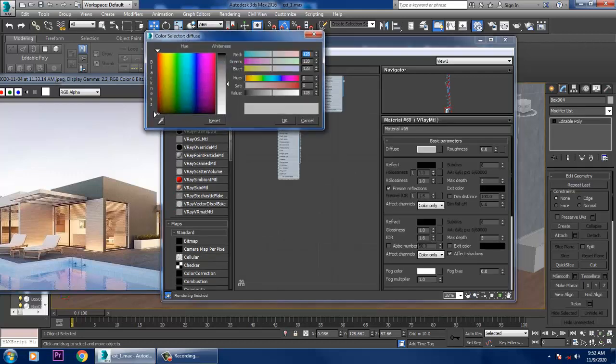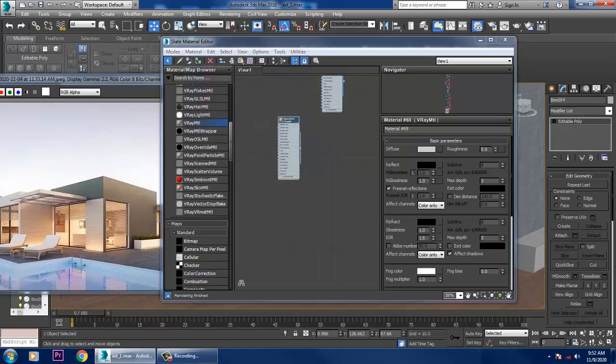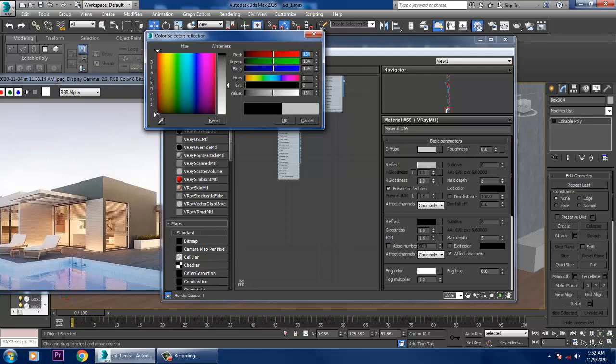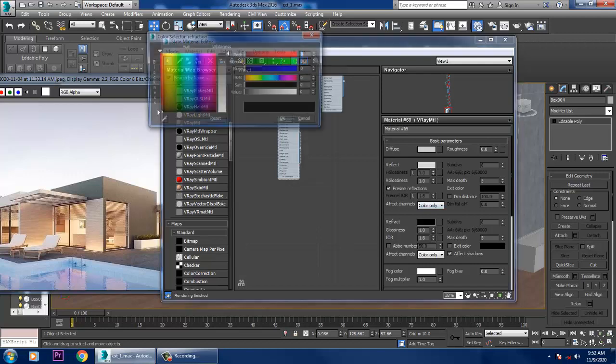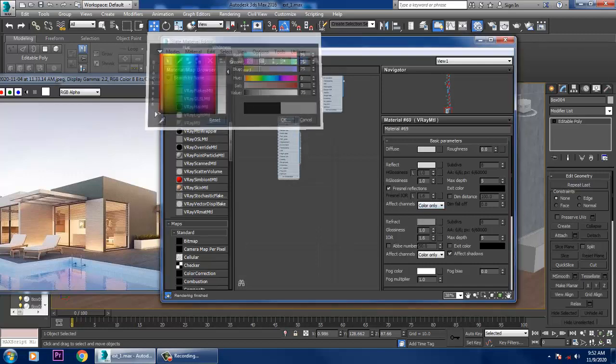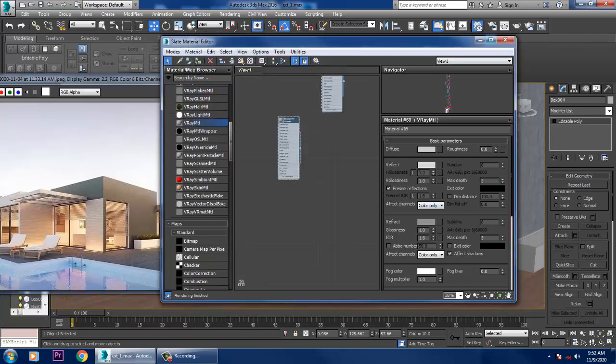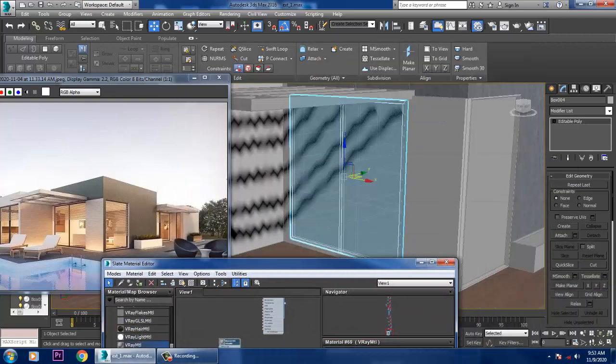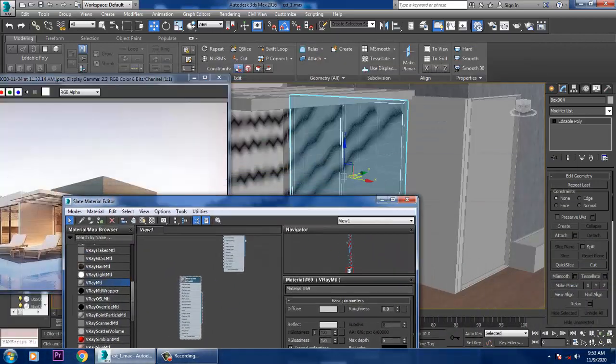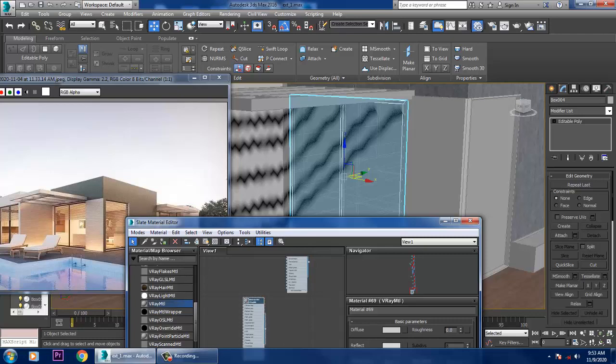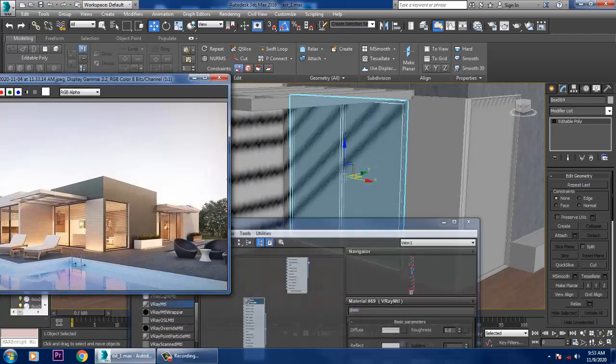If you want to give a bit of reflection, we can give a reflection over here. Let's give full reflection. Just give a bit of refract and assign it. As you do it, we can name it glass or mirror, glass only, it's a glass.